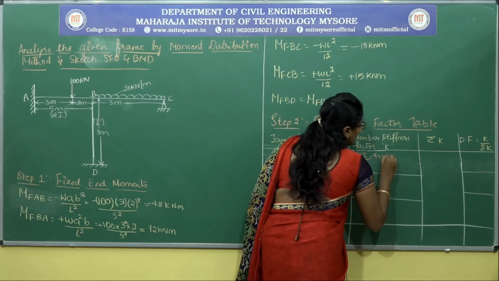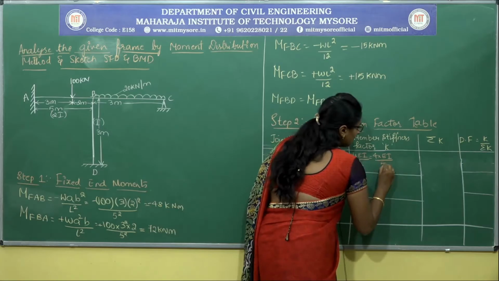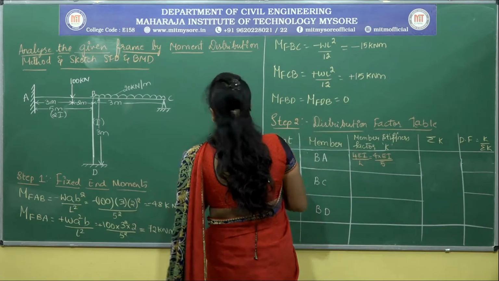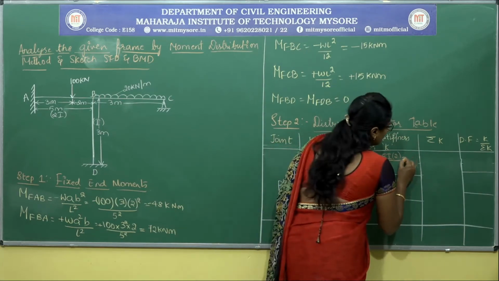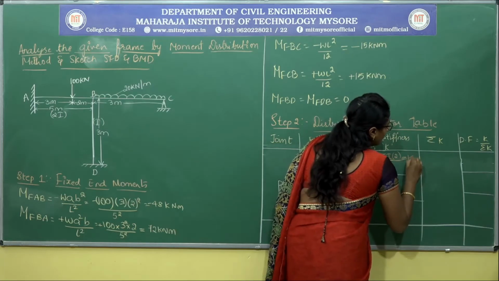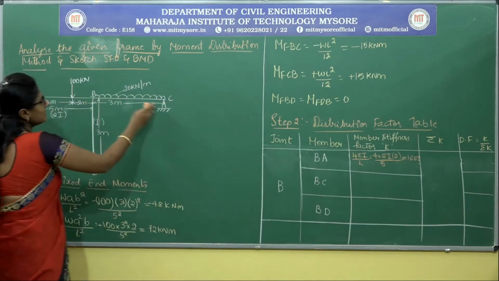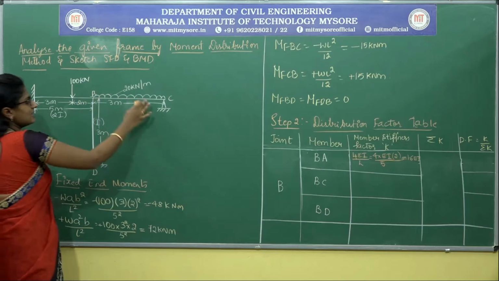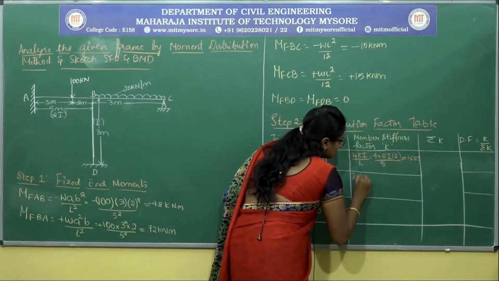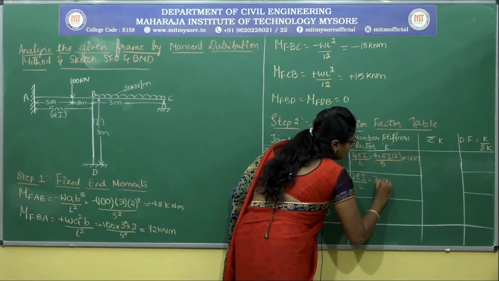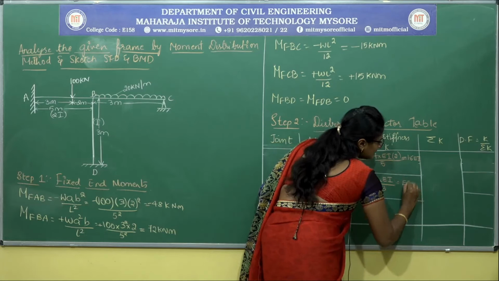So 4 EI, I will take it as constant since it gets cancelled with sigma K. And what is the length L for that member? It is 5, but EI it is taken 2 times. So here multiplied by 2. So this will give you 8 by 5. It is equal to 1.6 EI. Next, for span BC, for this span, B is the near end, C is the far end. Here the far end is hinged. So if the far end is hinged, the stiffness factor is 3 EI by L. That is 3 into EI. Length L is say 3 meters. That is equal to just EI.